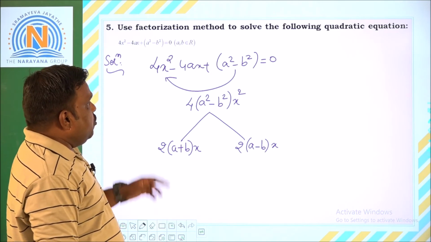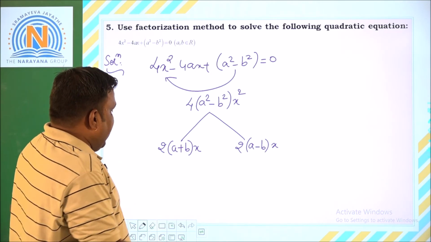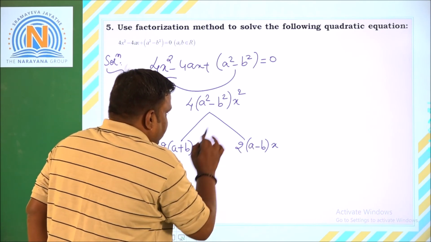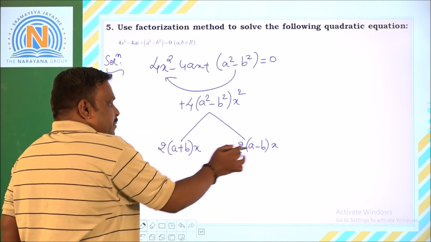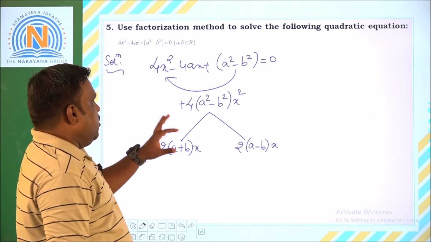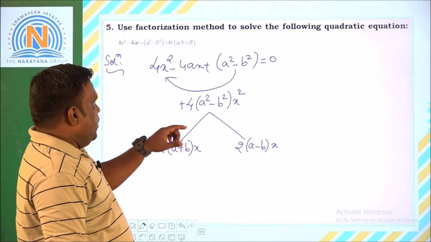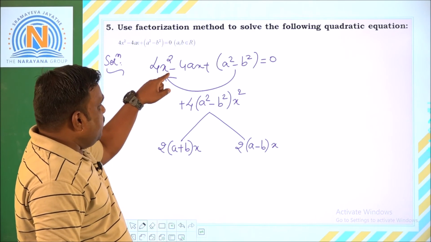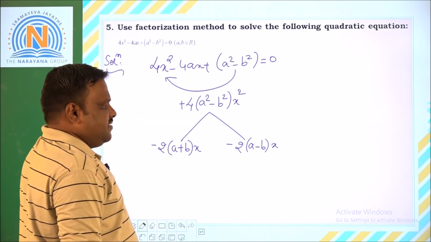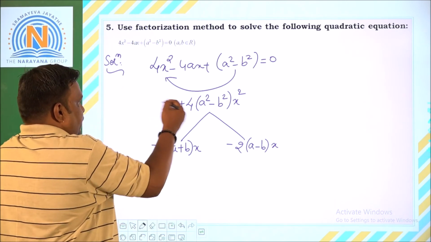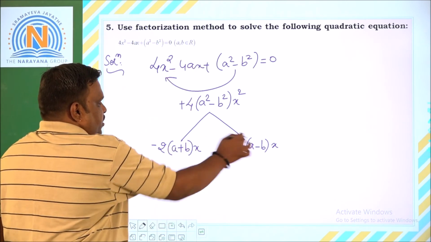Now in this case, you have to observe one thing in the factors, this may be positive, this may be negative. Since I want plus here, they both may be positive, both may be negative. So depending upon the sign, we have to take care. Now, since the sign of the middle term is minus, these two terms will be minus here. So in the place of minus 4ax, let us substitute these two factors.